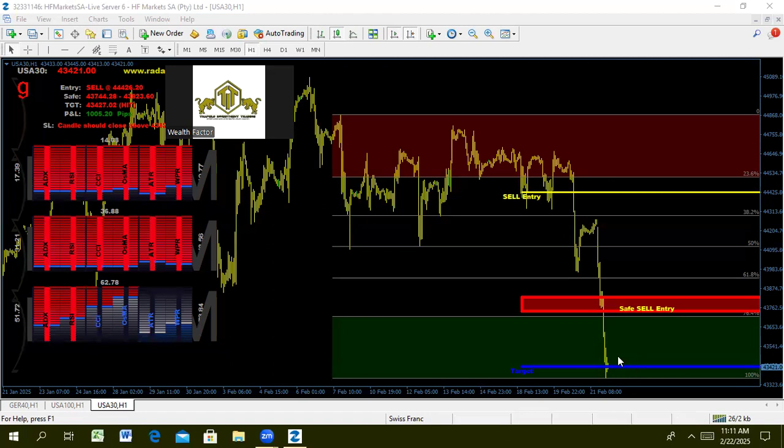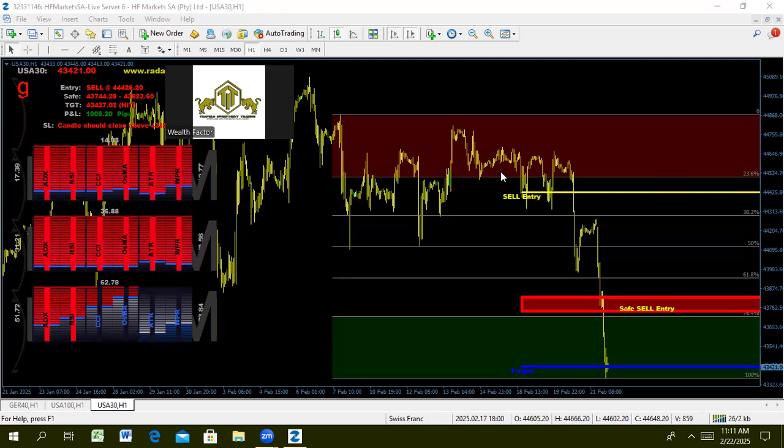If the resistance level gets broken, if the market breaks above the resistance level, it will automatically change. It will no longer be a resistance level, but it will be our new support level, right? But in this case, since the market is still respecting the resistance level, it is still holding, it simply means this is a strong resistance level,